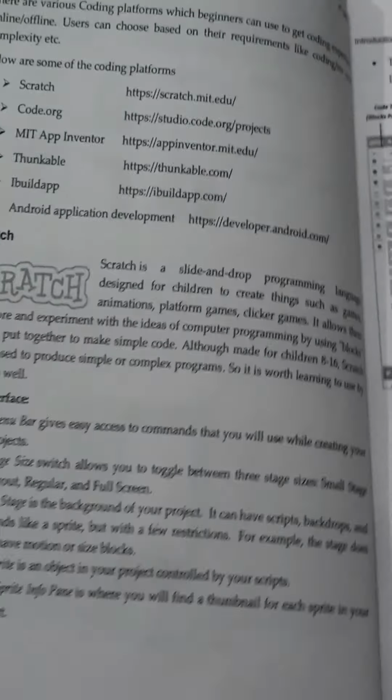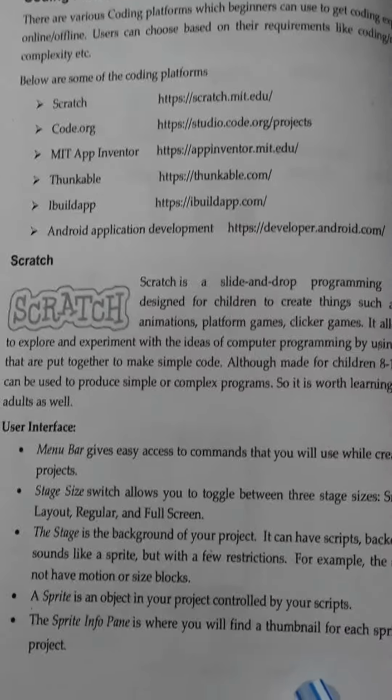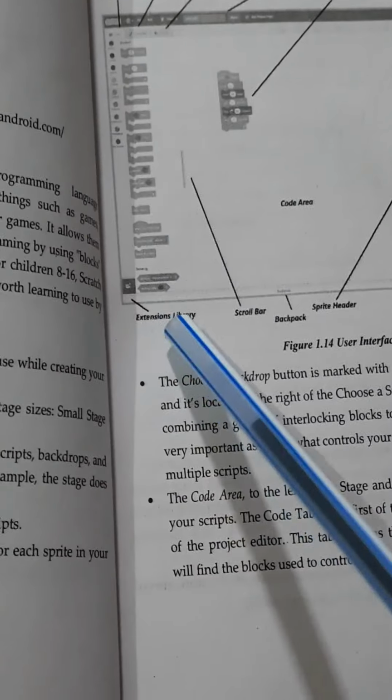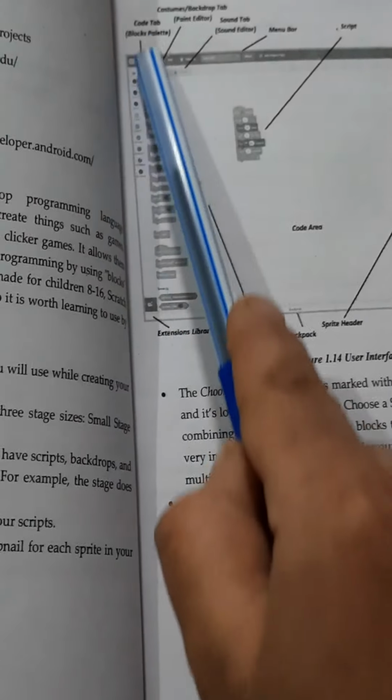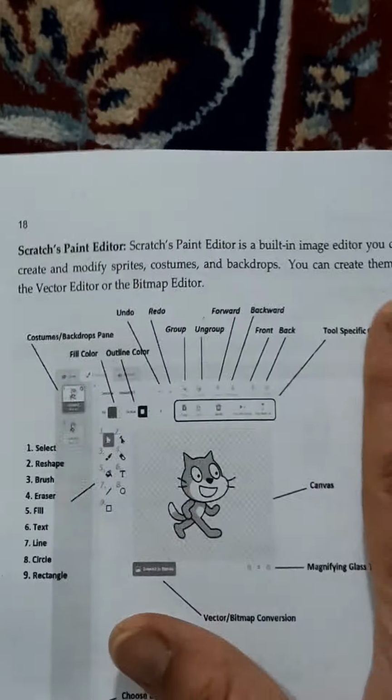Now you have one more, that is Scratch. This Scratch software is used to design games. Actually, Scratch is supposed to be used by children. So being college students, it will be very easy for you to code in Scratch. You don't have to write any code here. You have all the blocks already given here. You need to make use of them and customize them as per your requirement. You need to write an application in Scratch as well, and you have a sample application given in the lab section of this book.